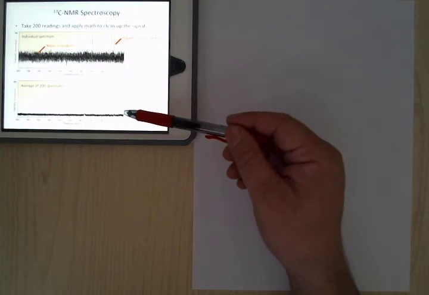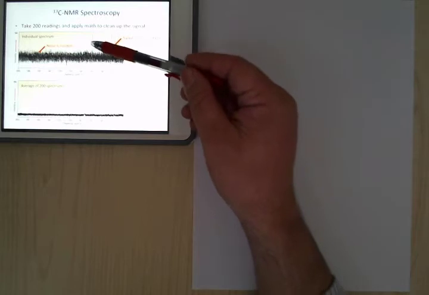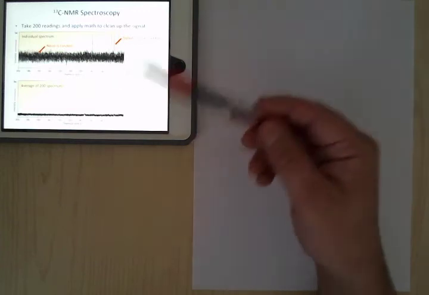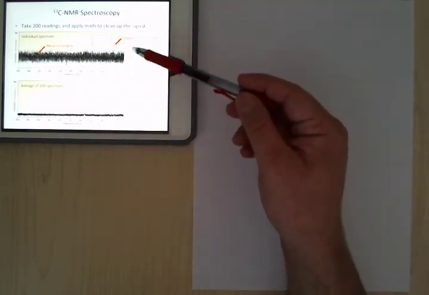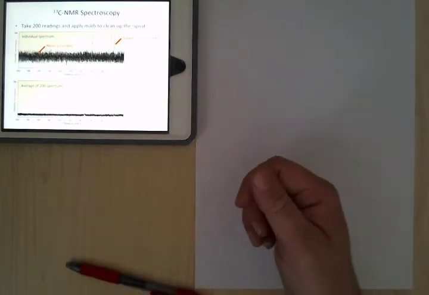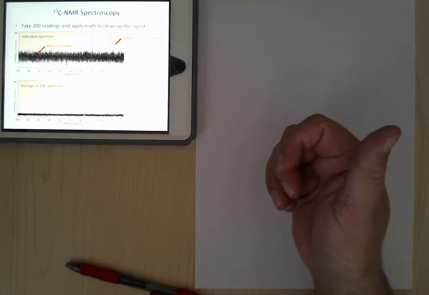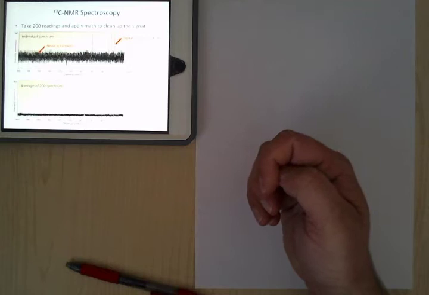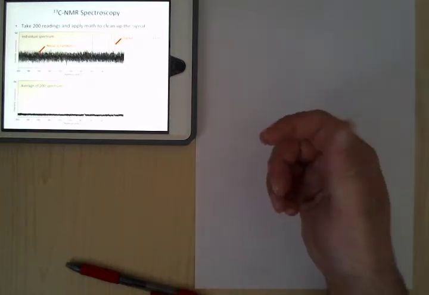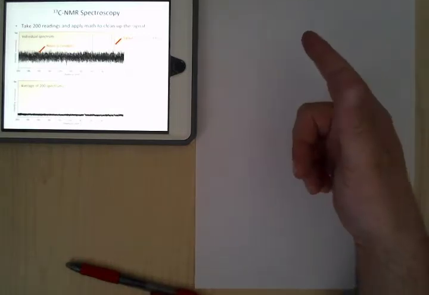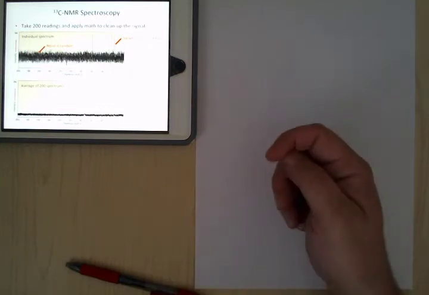But if you take 200 and then average them, the actual signal is always going to be additive. These guys here are noise, and so they're going to go back and forth. The easiest way to think about random noise is a coin flip. Let's say heads, you win a point, and if it's tails, I win a point. Okay, and so if we flip it